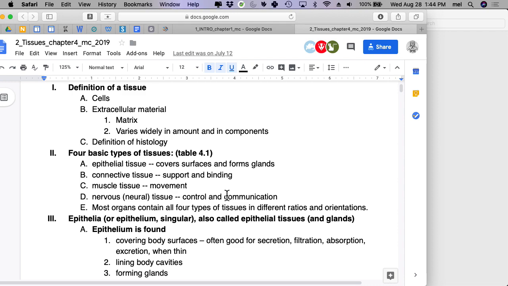All right. And then the last one is nervous or neural tissue, and that is primarily for control and communication. And of course, where is most of your nervous or neural tissue sequestered? Brain and your spinal cord. But, of course, it also has to wire up to other things. So basically, you have most of it sequestered in here. And then you have to wire it to, for instance, the muscle that you're going to contract or the sensory receptor that you need to get information in from. So brain, spinal cord, and then the nerves, which are really just wiring going in and out. Okay, so